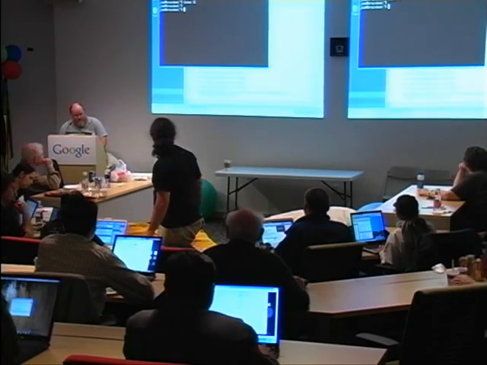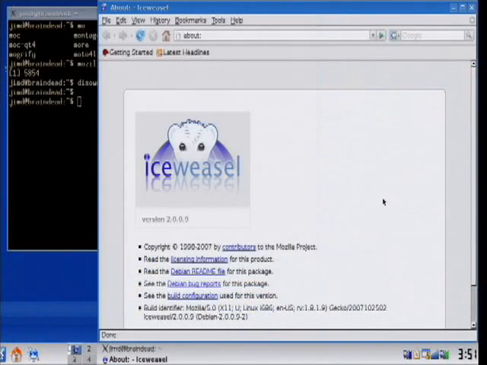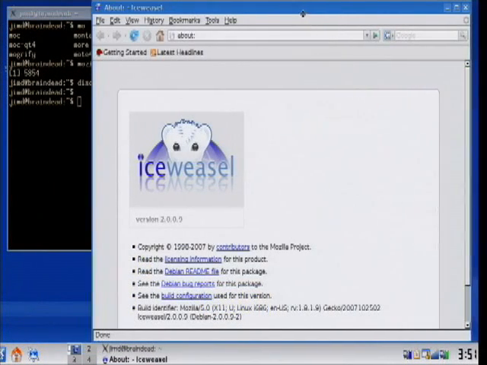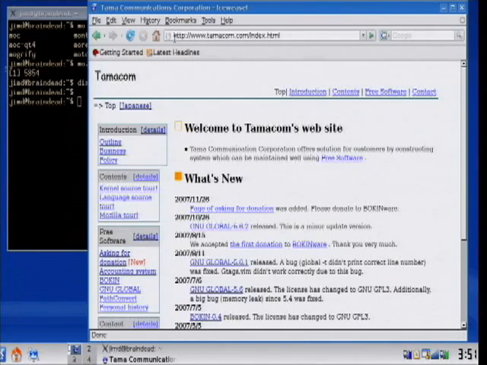So, if I'm not mistaken, people can see that terminal just fine. And move this over a little bit, and people should be able to see that well enough. So, I'm glad somebody pointed